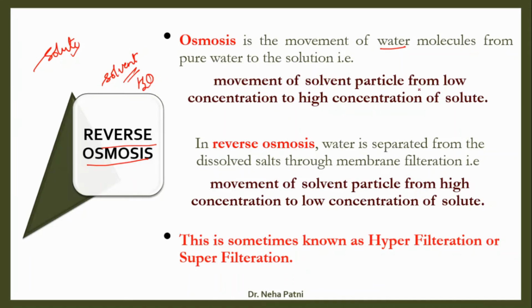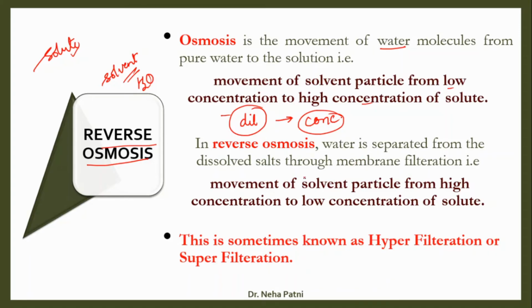So osmosis is the movement of solvent particles from low concentration to high concentration of solute. So this is like going from dilute solution to concentrated solution, you may call it like that. In dilute solution, water proportion would be high, so water has to pass from high concentration of water to low concentration of water till it becomes equal. And I guess you remember that there was an osmotic pressure, right?